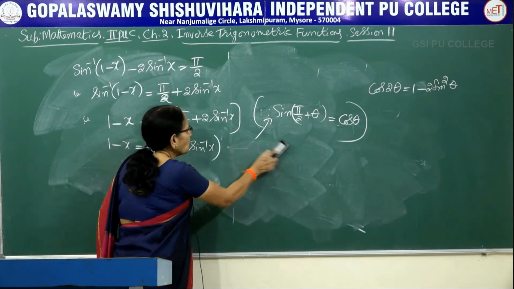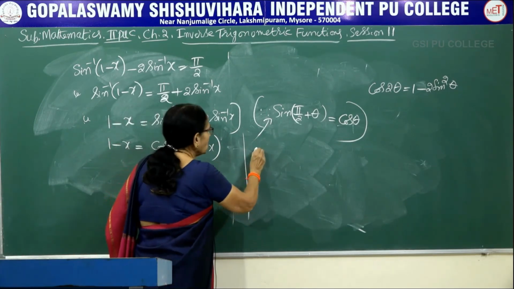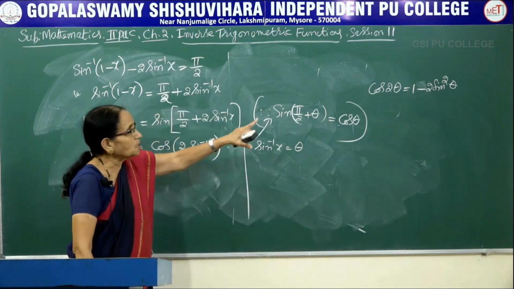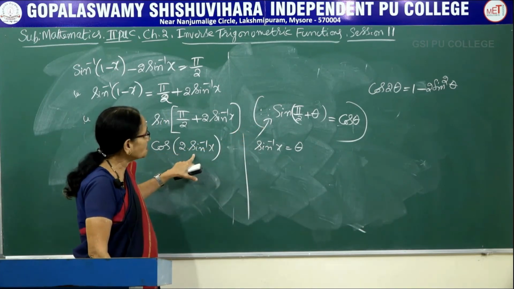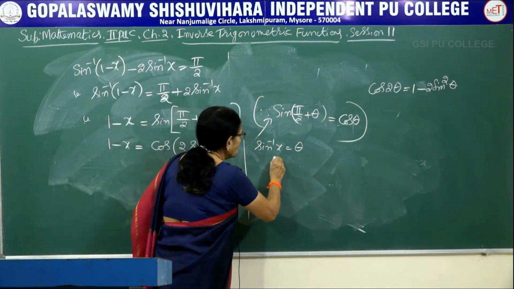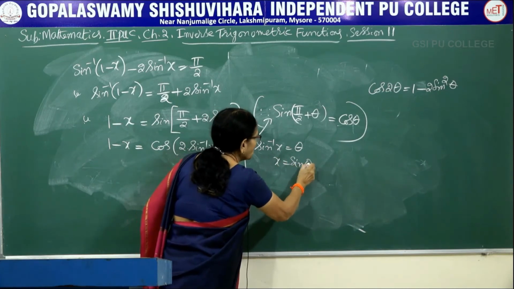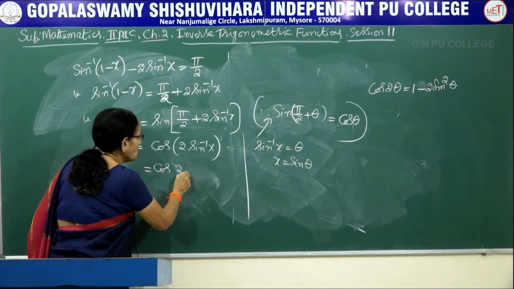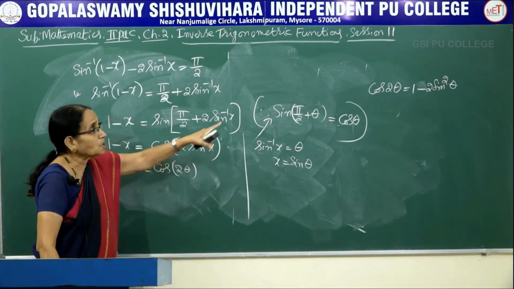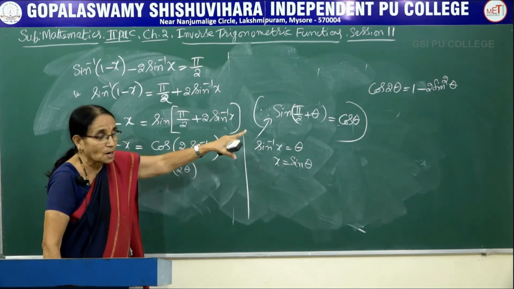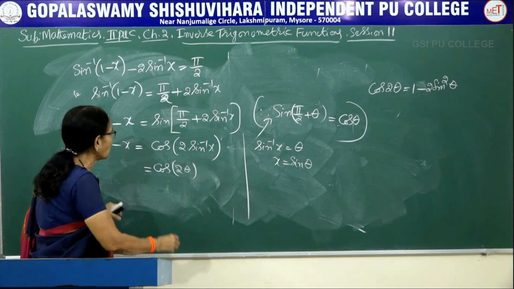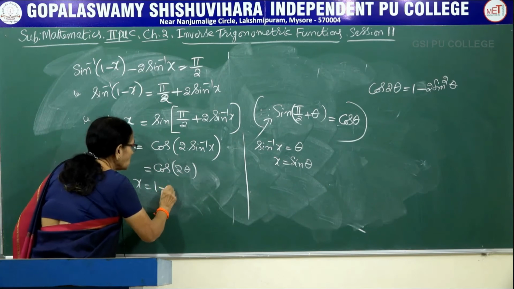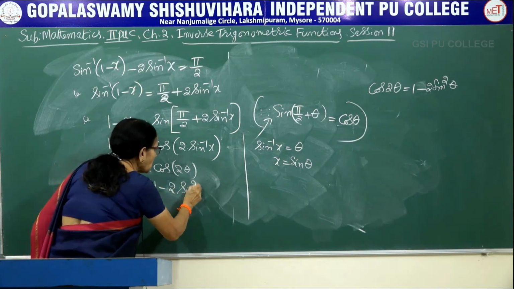If you find it difficult, what I do is, in the working column, let me make an assumption. Let sin inverse x, just to identify with the result, I am writing this one. Now let sin inverse x be equal to theta, then x would be equal to sin theta. Now let me simplify only the right hand side, cos of 2 theta, so that you can identify this with the result and substitute, otherwise you may find it difficult. Now cos of 2 theta, how do you write here? It is 1 minus 2 sin square theta.